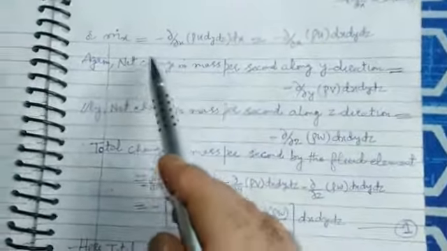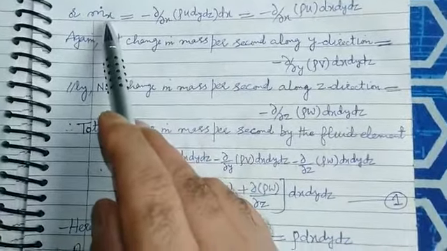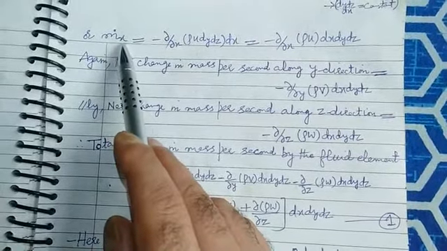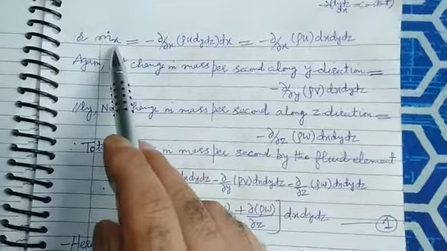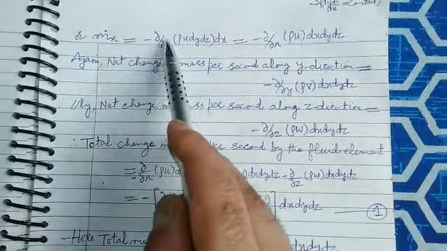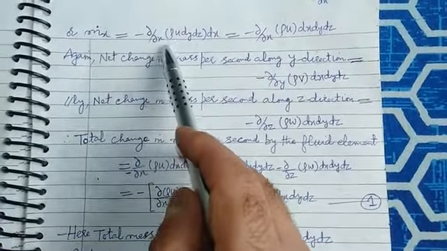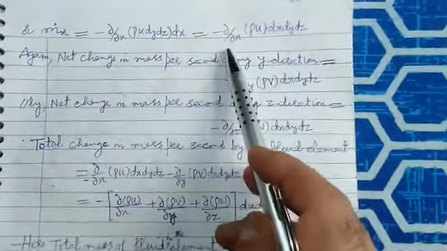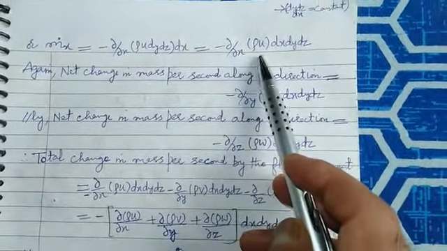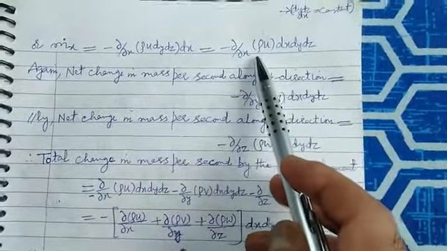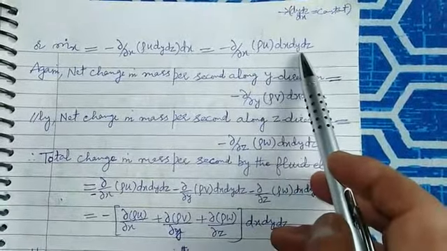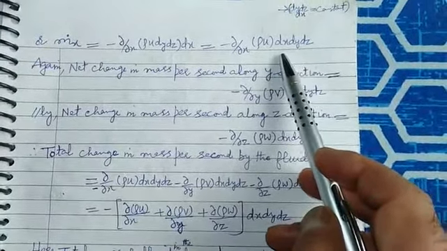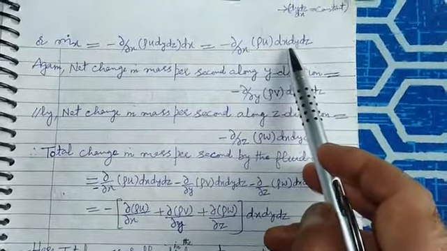Finally, if we proceed, we will calculate this a bit. If we represent this change in mass flow rate along the x direction by m dot x, suppose m dot x represents the change in mass flow rate of the fluid along the x direction, then after calculating, it will be equal to minus dou by dou x of rho u into dy dz into dx. So finally it will be equal to minus dou by dou x of rho u into dx dy dz. Keep this dx dy dz separate. Okay, dx dy dz are constant because they represent the corresponding dimensions of the fluid element, so we can treat them as constant.